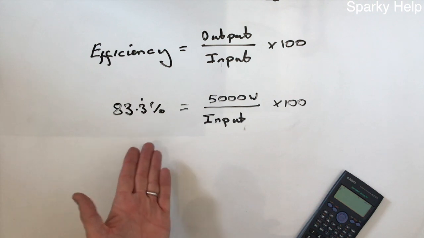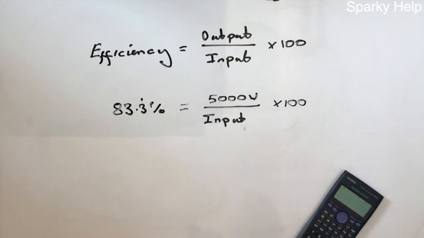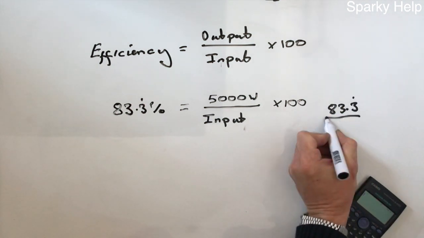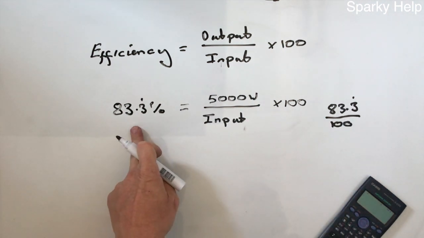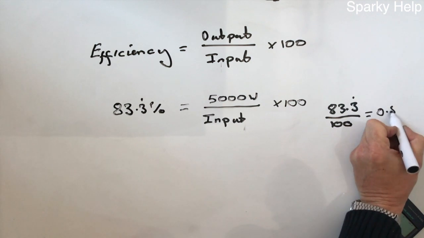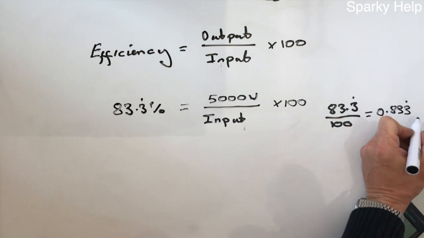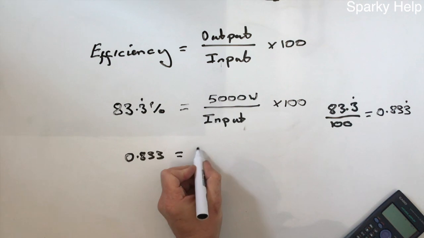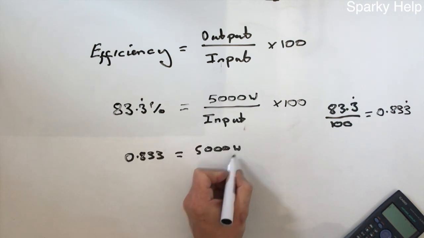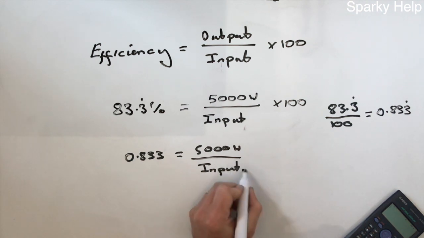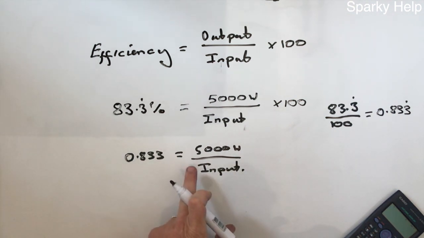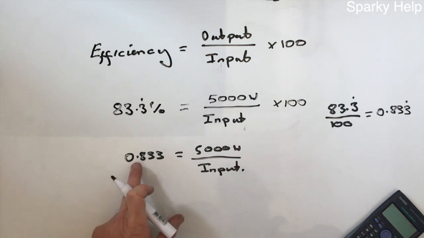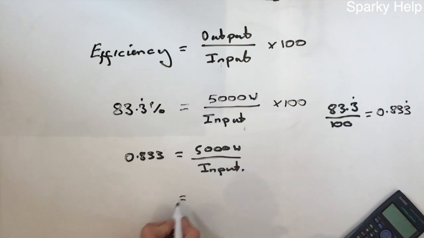The easiest thing to do, personally, what I find is, let's get rid of this first. So we do 83.3 recurring and we divide that by 100, which is what that would become over there, a divide, this turns it into 0.833 recurring as a per unit, which basically means we get rid of the 100, which now makes life a lot easier, because what we now need to do is rearrange this formula and this as divide, so it goes up there, becomes a multiply, which means that then can come back down here and become a divide, and therefore